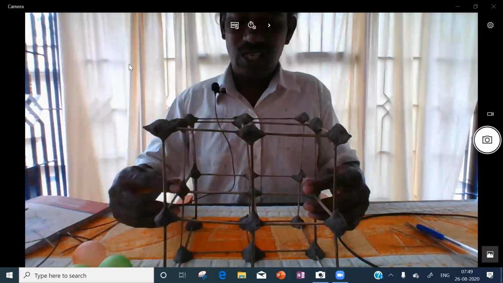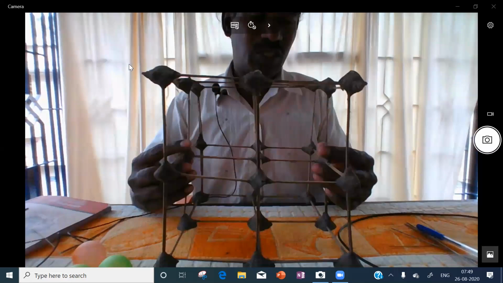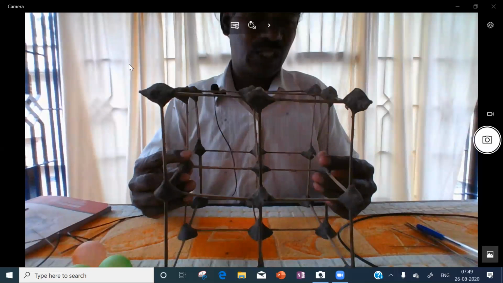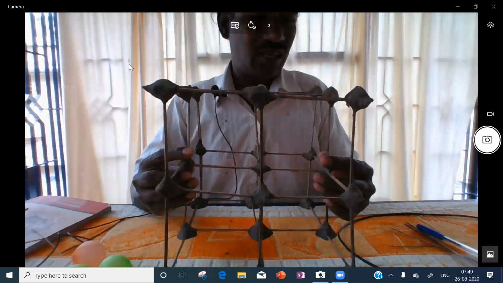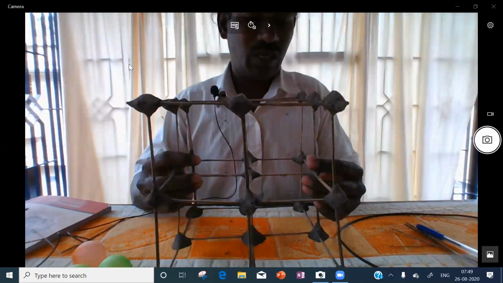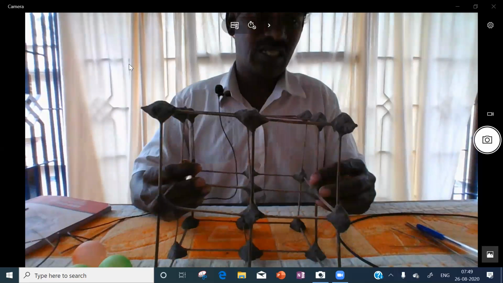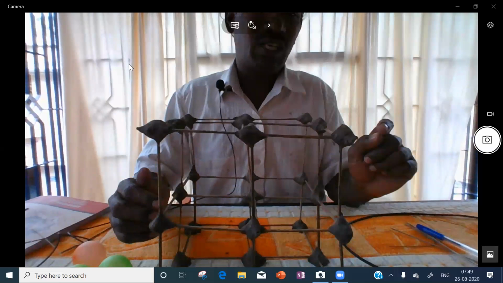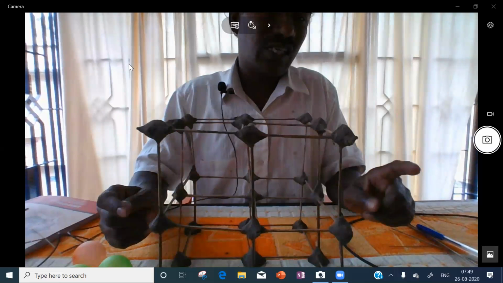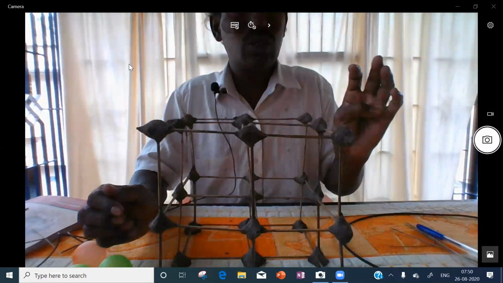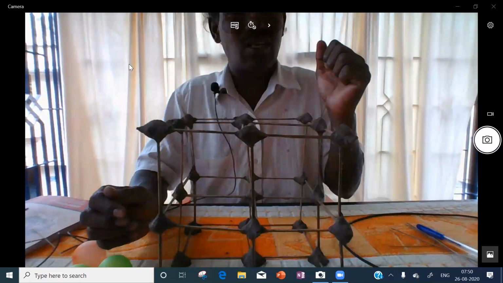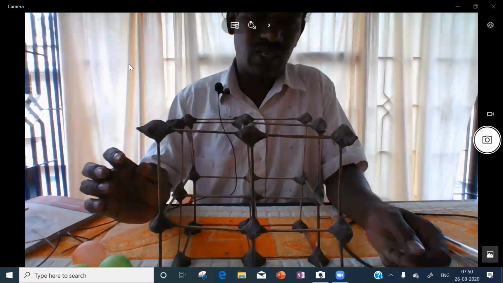So it is one FCC unit cell. In this FCC unit cell, how many tetrahedral voids are possible? 8 tetrahedral voids are possible, at the center of each small cube. Each tetrahedral void is in contact with 4 particles. Which are those 4 particles? Are they corners? Are they face centers?